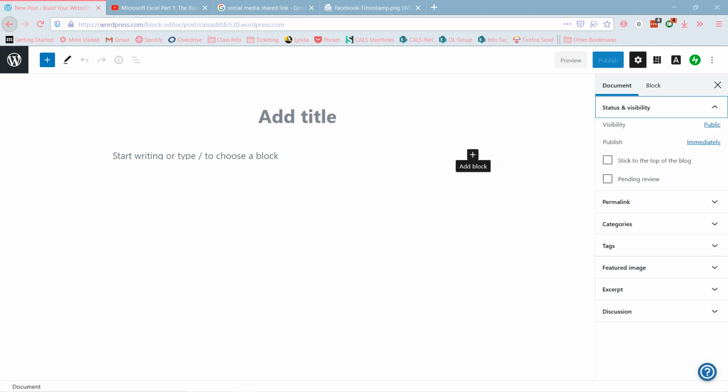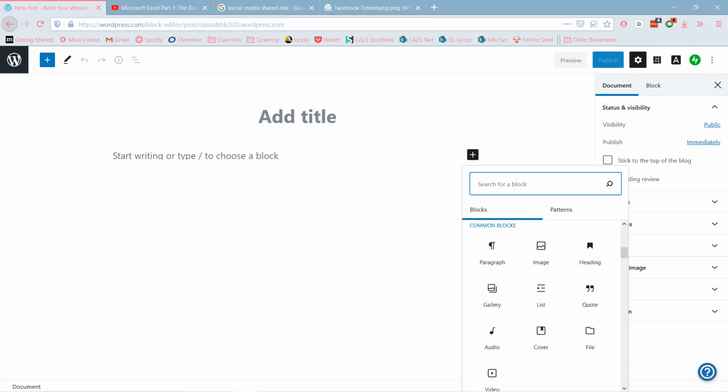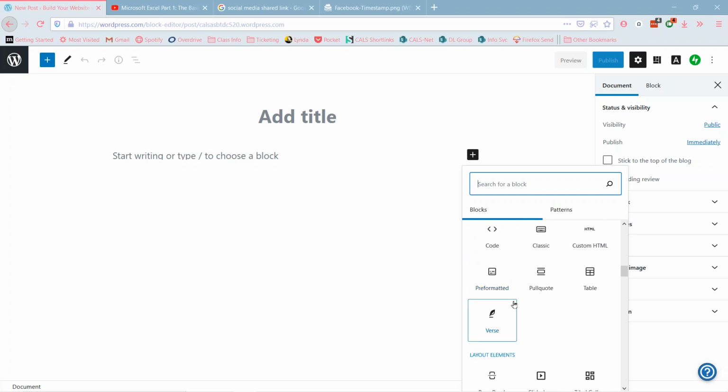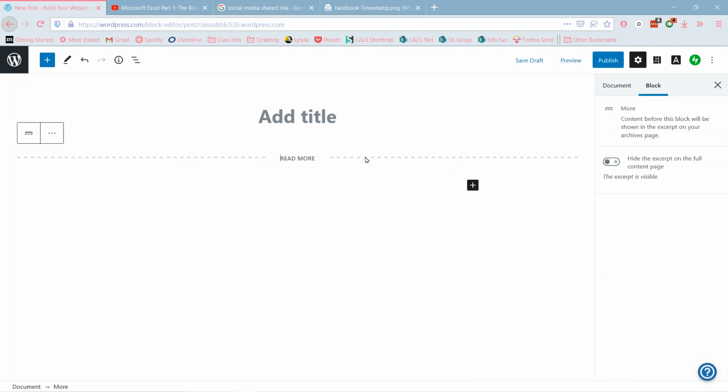So over here in the body of the post, I have this plus sign where I can add a block. I'm going to click on that, and I'm going to scroll down here really quickly until I find the More block right here. The More block is really useful because basically, let's say I had a long blog post that I had written. That's great. Lots of people love a long, in-depth kind of thing to check out and really sink their teeth into. But